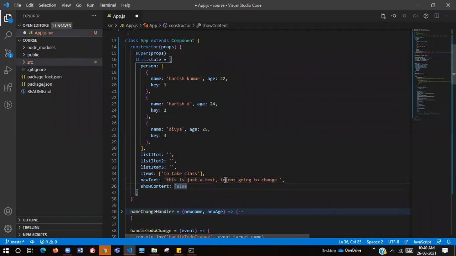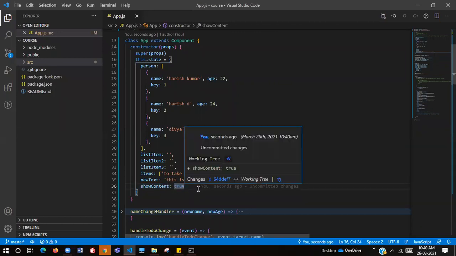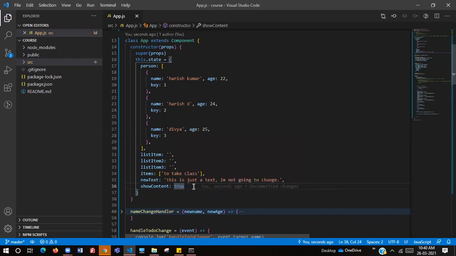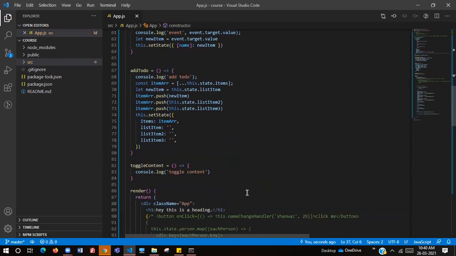Initially let's take it as true. If showContent is true, that means we need to be able to see the content. When we make this false, we need to hide all the content. And how are we going to do that?